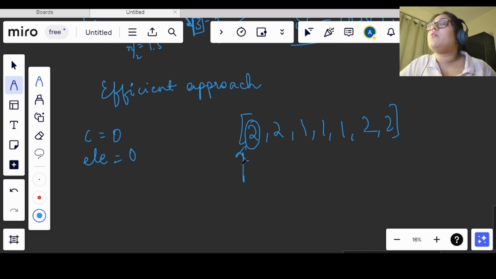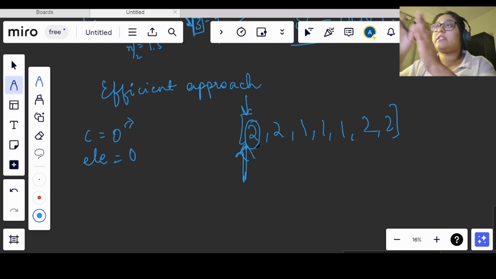Now when we start iterating here, we see our C is equal to 0. On the first time when C is equal to 0, we need a value to assign into our element. So we take the first one, and till this index it is a valid candidate, right?